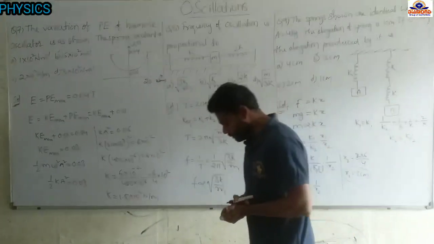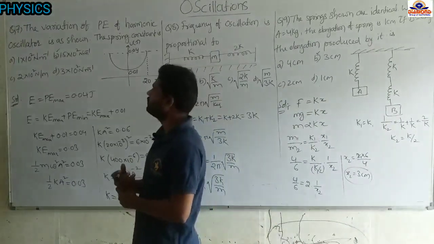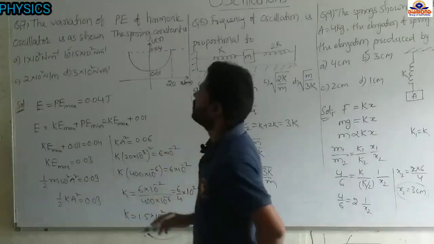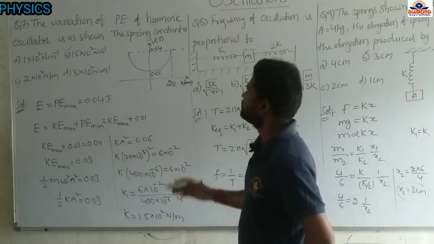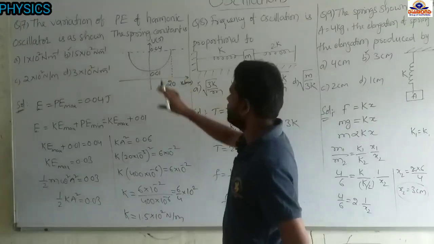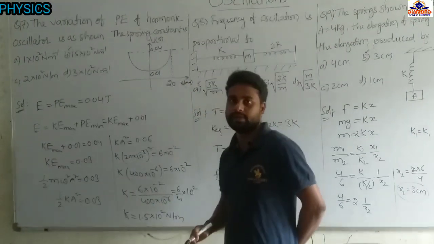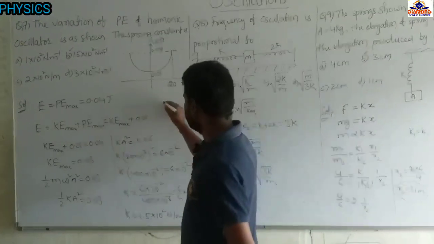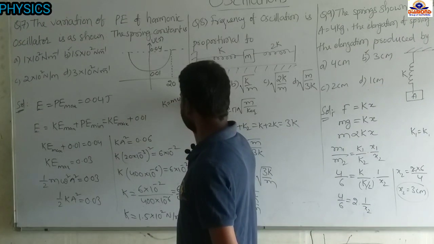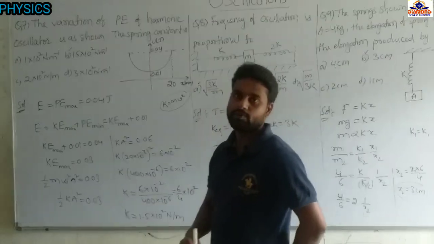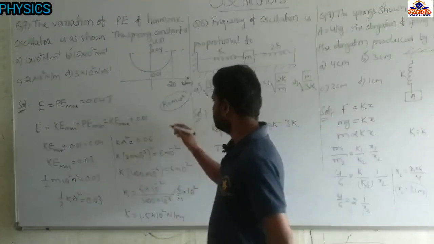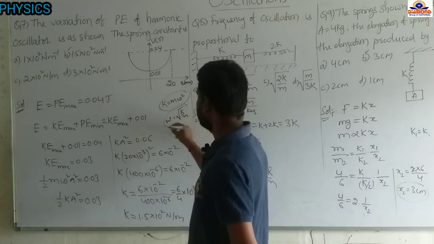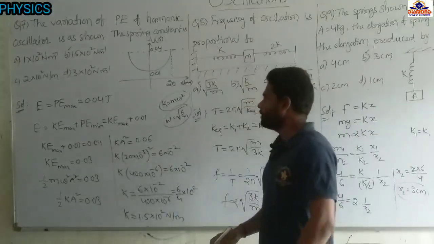So this is based on the potential energy, kinetic energy and total energy relationships. The question is, the variation of potential energy of a harmonic oscillator is as shown. The spring constant is, they have given this diagram, they are asking the spring constant. Spring constant is nothing but symbol K. K we have to find. K value I am giving you, K equal to m omega square formula. From this only we will get omega equal to the square root of k by m. Okay, remember this one.